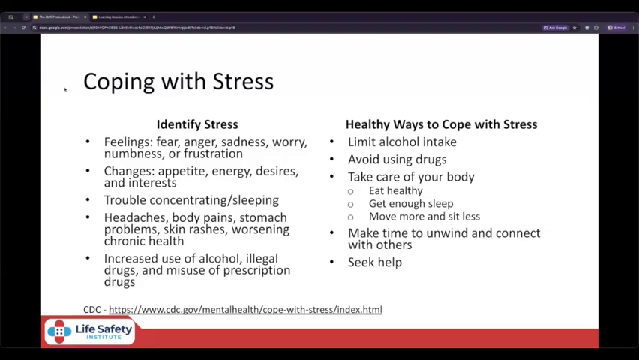Emotions. If you feel fear, anger, sadness, worry, you feel down a lot, more often than not, or even a few times, or more than your baseline, that can be a sign that you're under stress. If you have abnormal changes to your appetite, your levels of energy, your interests or desires to do things that you might otherwise be interested in or go out with friends, if you're having difficulties sleeping, staying asleep, or focusing on things, if your body physically ails you, if you have headaches, body pains, stomach problems,